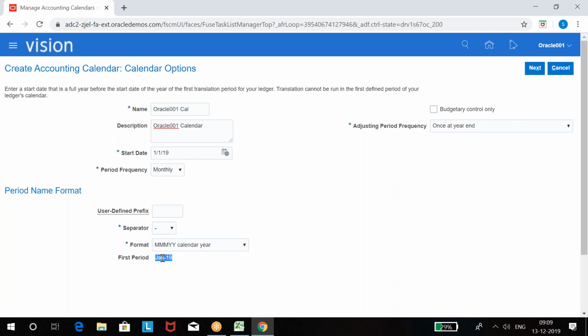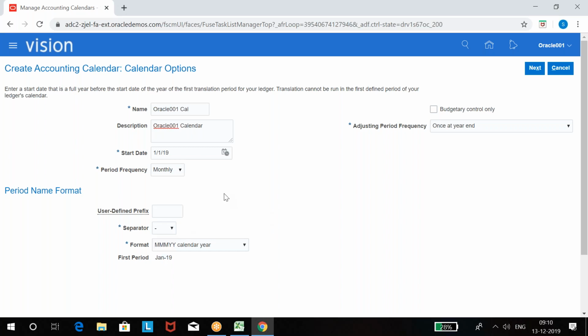That's the example given here. So this is how your period name is going to be. If you don't want any separator, select none; there is no separator between them. If you select a separator, there will be a separator between them. You can select only 2, dash or slash, because in the calendar we write dash or slash, right? Nothing else. That's why you got only these 2 options.